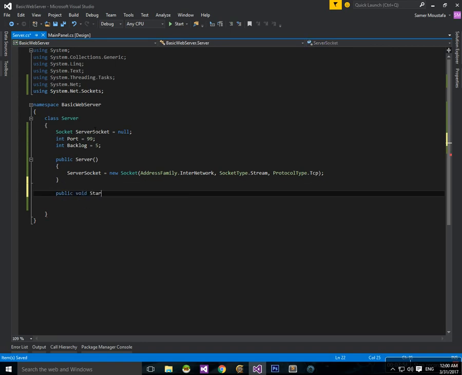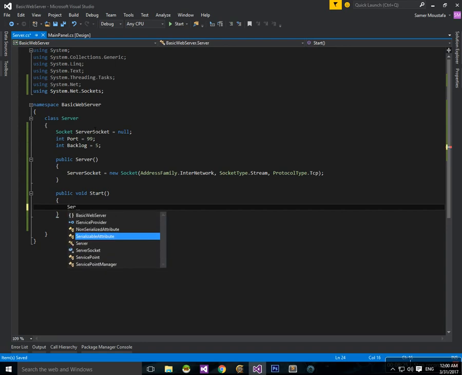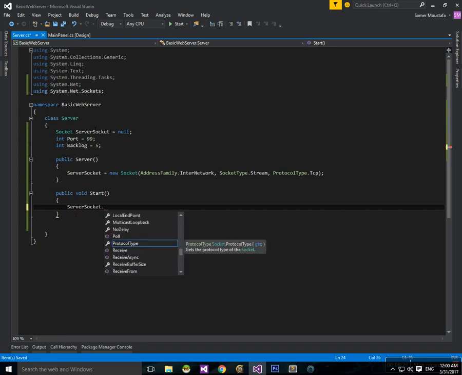Public void Start. So let's bind an endpoint. Endpoint is the point that clients will connect to, which consists of two things. First thing is the IP, second thing is the port. So let's say serverSocket.Bind